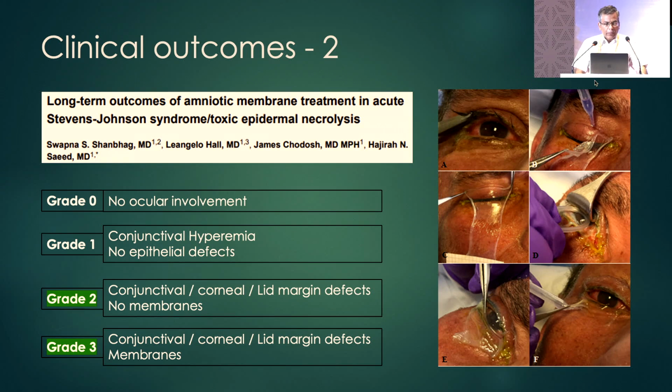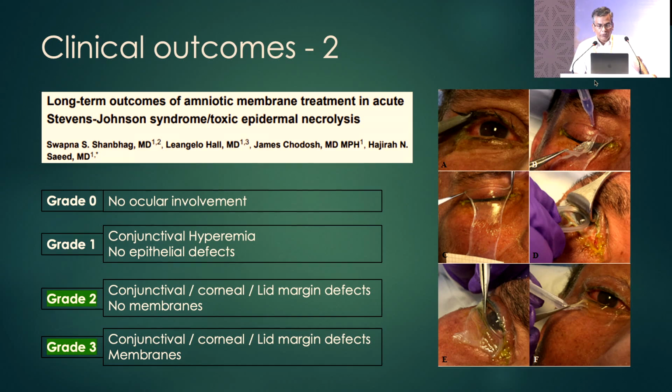Studies have shown that amniotic membrane is extremely important in acute Stevens-Johnson syndrome patients, especially in grade 2 and 3, where it greatly reduces the probability of persistent epithelial defects in the cornea and also associated stromal melt. However, an amniotic membrane cannot prevent a stem cell deficiency. That is basically the role of systemic immunosuppression, which is very important in the